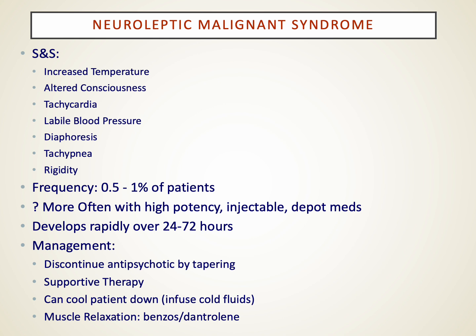It's seen in less than 1% of patients typically, and it's more commonly seen with the injectable long-acting once every 2 weeks or once a month IM injections of the antipsychotics. It can often develop within the first 3 days of these injections. And our management is just stop any further injections, but unfortunately, with neuroleptic malignant syndrome, if it's by injection of a long-acting agent, once you give it, you can't take it away.